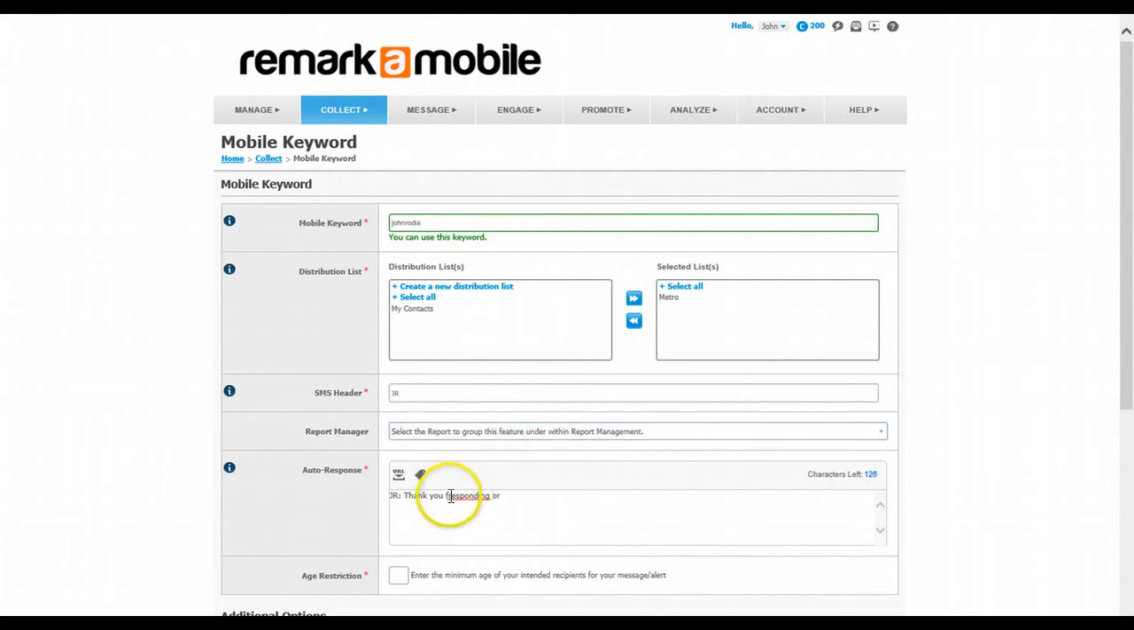Thank you for, as you can see here, typing this thing on this computer is ridiculous. Responding